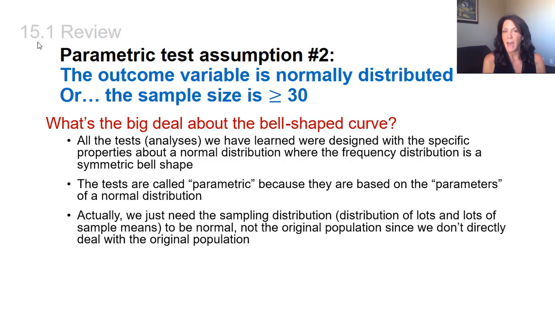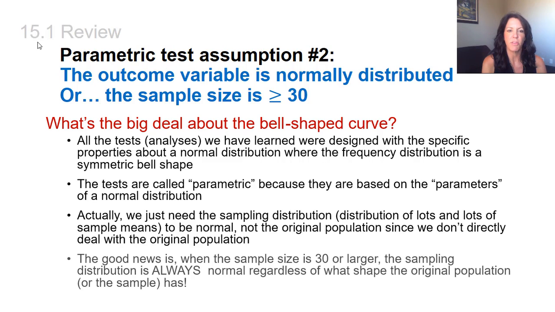So we just need actually the sampling distribution, as we've talked about before, to be normal, not the original population. And in order to get that normal sampling distribution, we just need the sample size to be greater than 30. So the good news is always when the sample size is 30 or larger, the distribution of sample means is always normal,